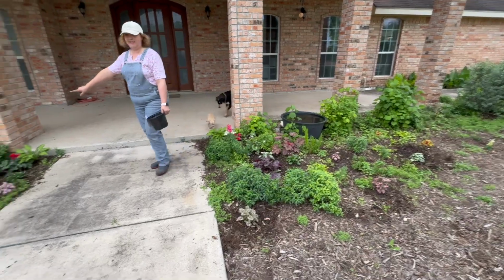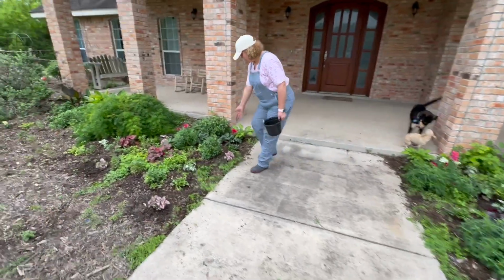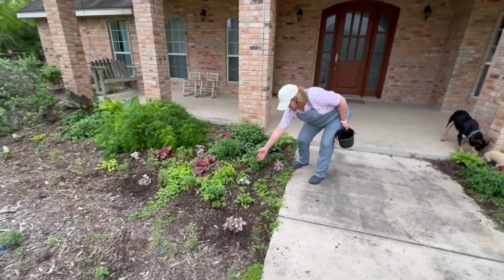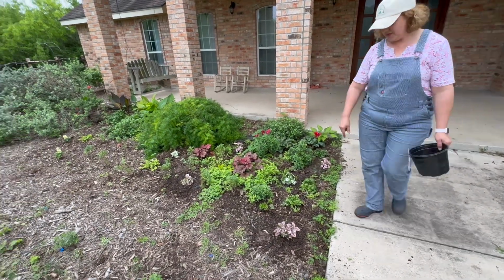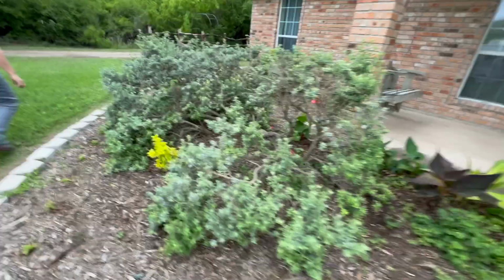Now let's come to this side. We also planted some more pink polka dot and some white and green polka dot in this area over here. Now if we come over to the east side,